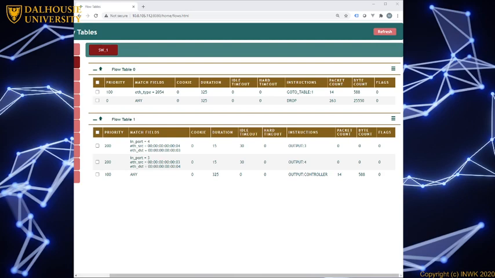So how do we allow ICMP? What we will do is to enter these entries manually. So we're going to tell the switch through the controller that we want to enter a new field here, or a new entry, and the